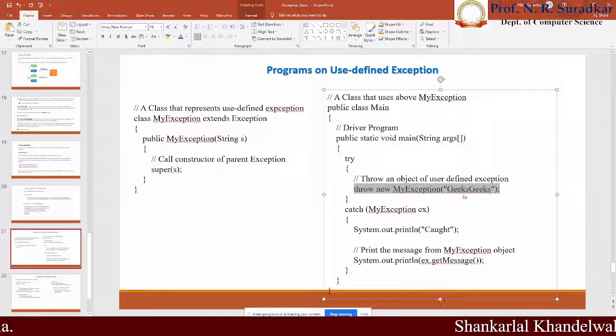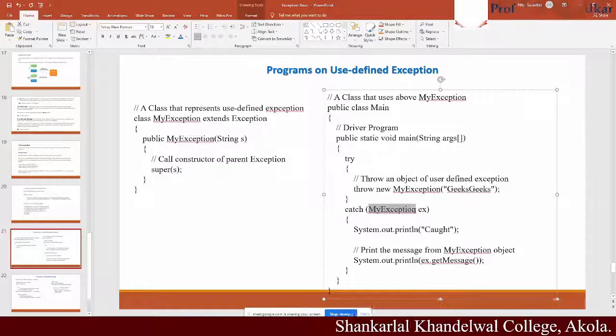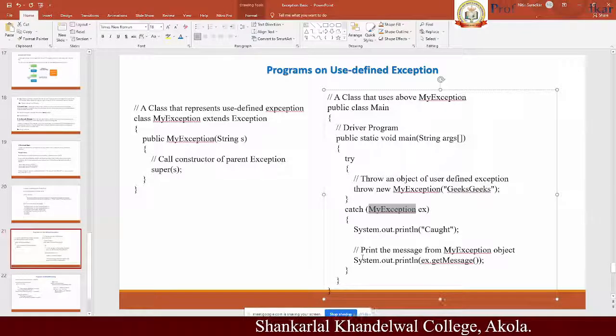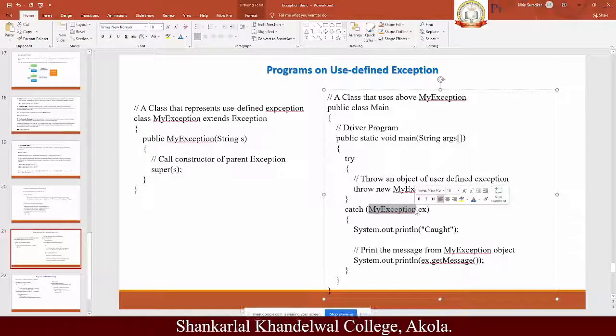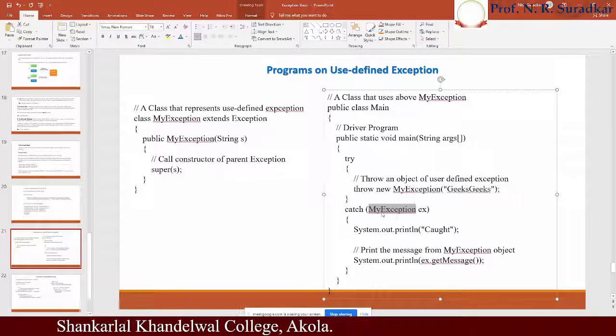If this particular statement has an error, then definitely this error will be sorted out in the catch block. But we use catch MyException. Why do we use the MyException keyword? Because this MyException keyword is nothing but the user-defined exception.